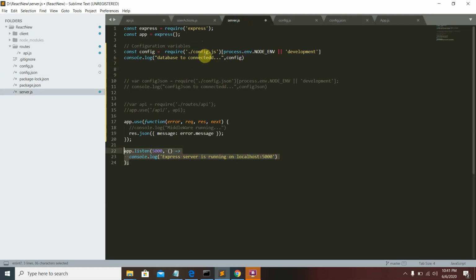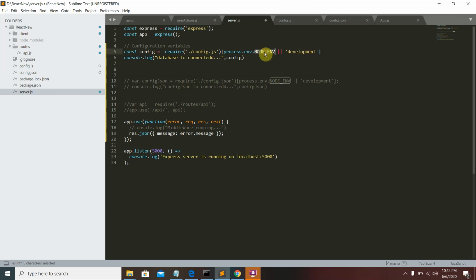In the first one, I just require the config.js file here, and I get only the object for the server on which we are running our application, production or development. In config.js we are passing the server name, whether we are running on the production server or the development server.